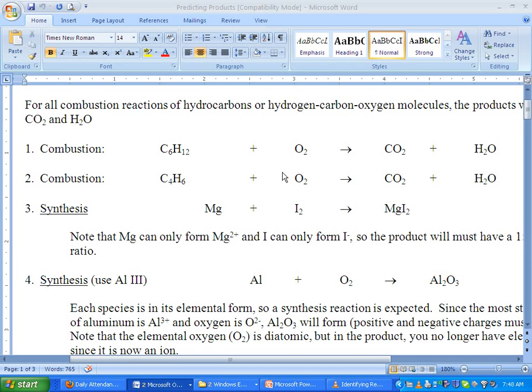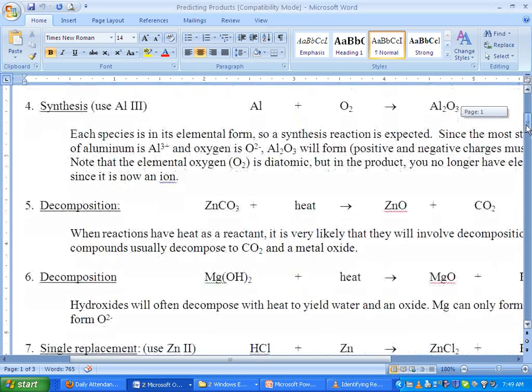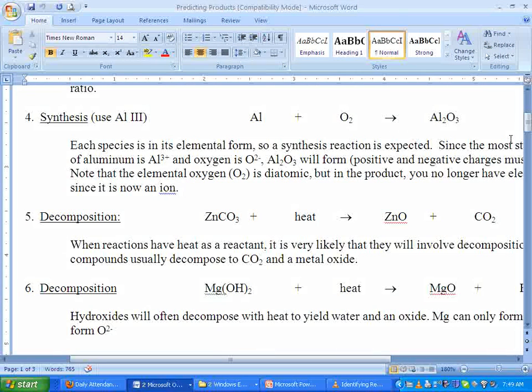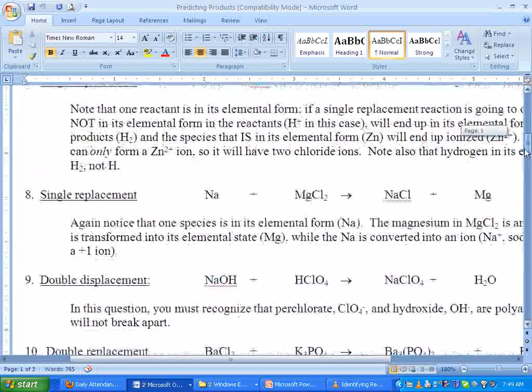Okay, yesterday we left off going over combustion and synthesis, and that was it. I gave you examples of combustion. We practiced it, and I showed you the answer. I gave you 2 examples of synthesis. You guys did 2 practice ones, and then I gave you the answers. So what I want to do today is talk about the decomposition, the single replacement, and the